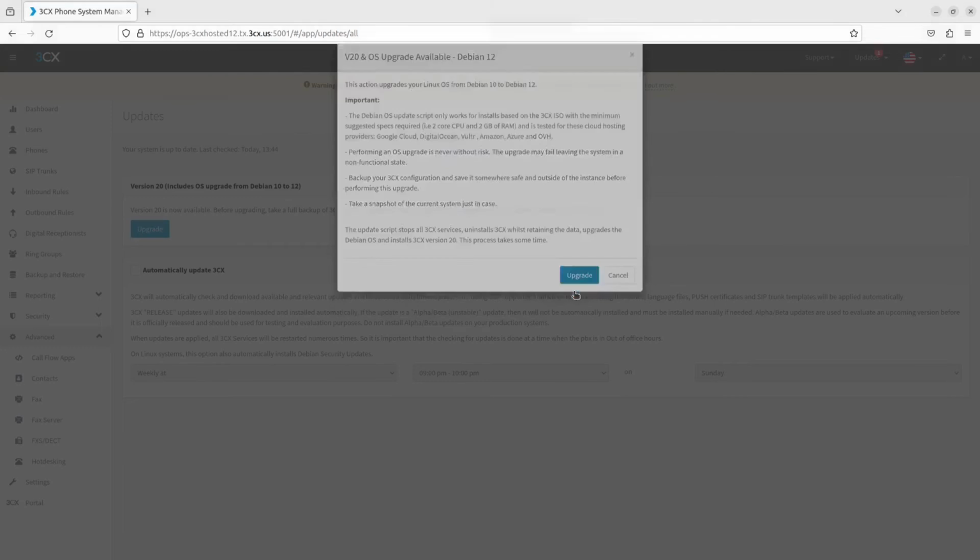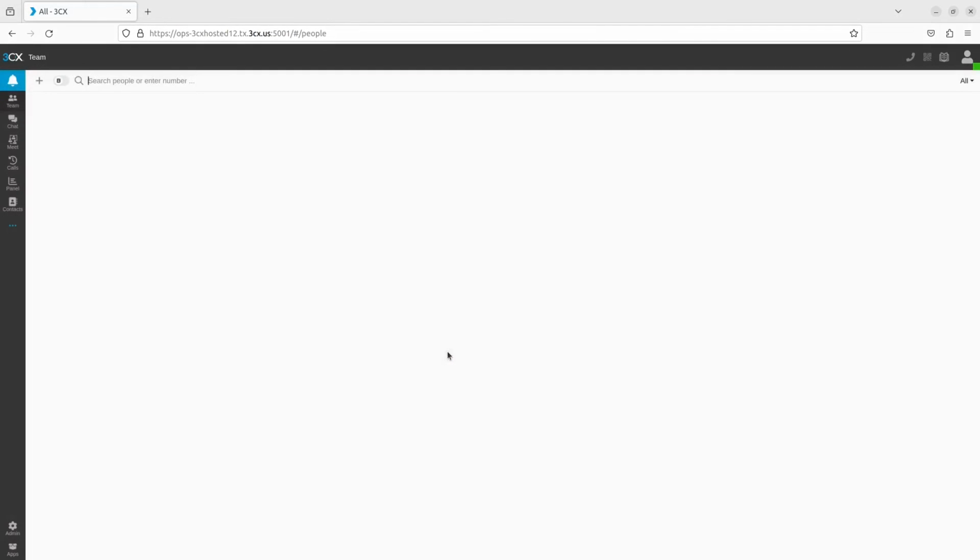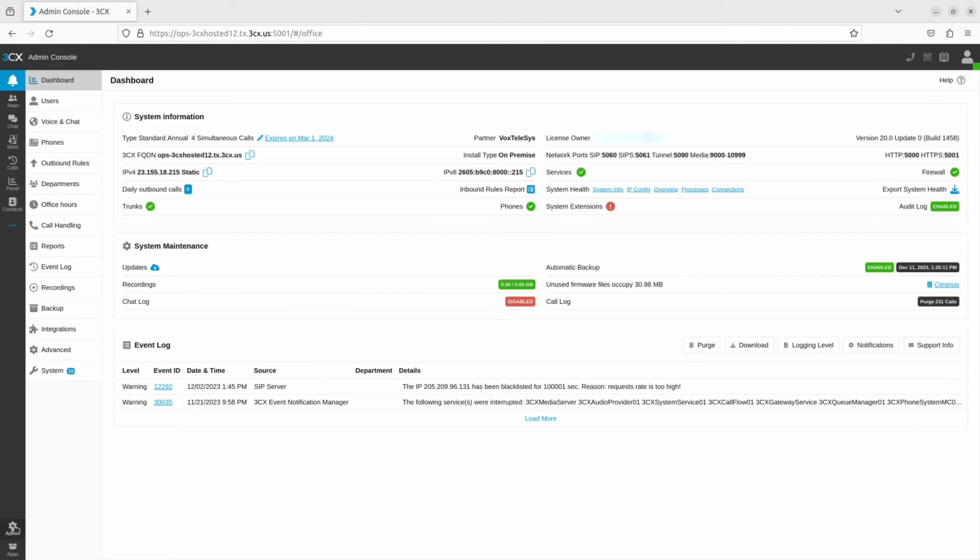After 15 minutes, try logging into 3CX. Check the status of the 3CX upgrade by logging in using the credentials of the extension assigned as the system owner. Notice that the link to the web client has been updated and the management console has been removed. From the admin console found in the bottom left of the web client, look in the event log for 3CX was successfully updated.